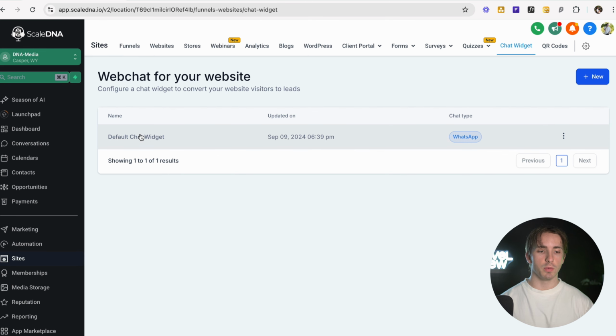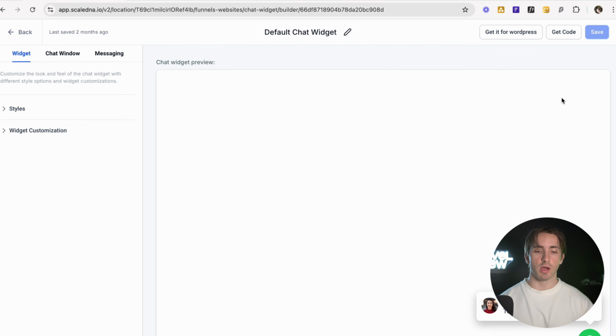So there's obviously two pieces to this puzzle. We first have our chat widget within HighLevel, which you can find under Sites, Chat Widgets. You can create as many as you would like per recent updates, and all you're going to do is click the three dots on the right-hand side, click Edit in order to edit the chat widget itself, or you can